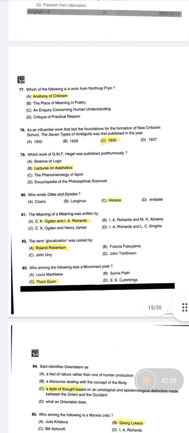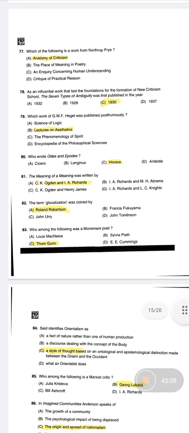Question number 77. Which of the following is a work from Northrop Frye? Anatomy of Criticism is written by Northrop Frye. Question number 78. As an influential work that laid the foundation of the formation of the New Criticism school, The Seven Types of Ambiguity was first published in the year